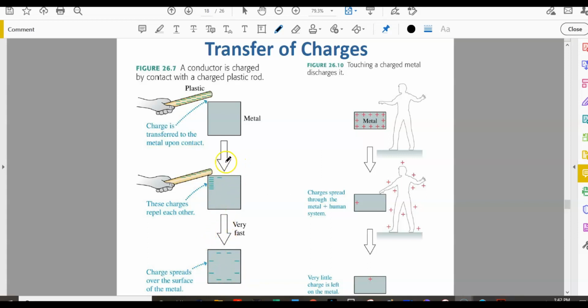Now, one of the cool things, this is called charging by induction. Okay. So if you had a positively charged object and you're neutrally charged, right? So again, this is another type of transfer of charges. Let's say you're neutral and you have a positively charged object. What is going to happen is you're going to send your electrons from your body onto this object to pair up with all of these